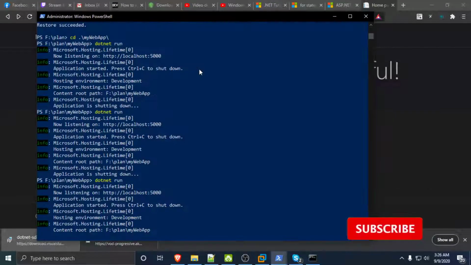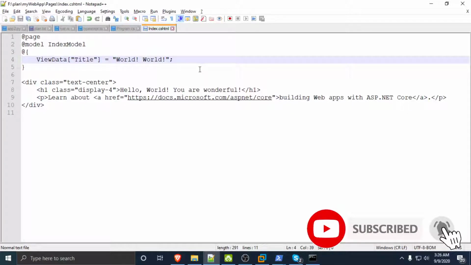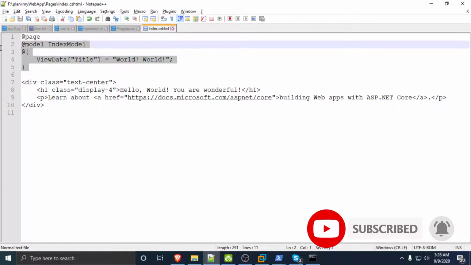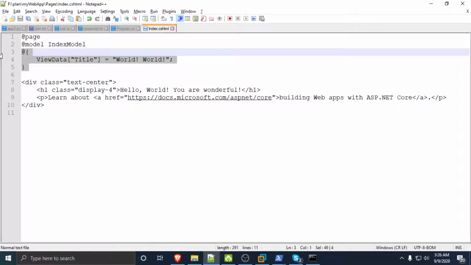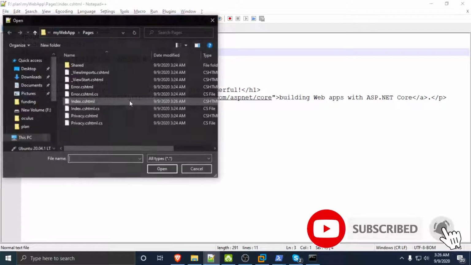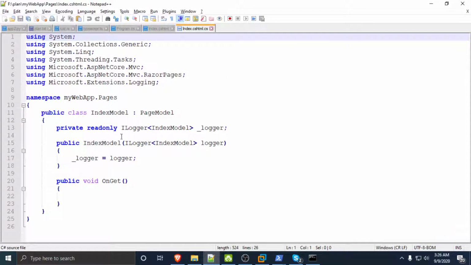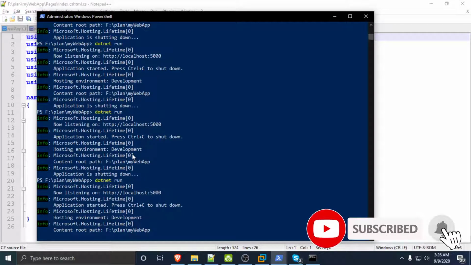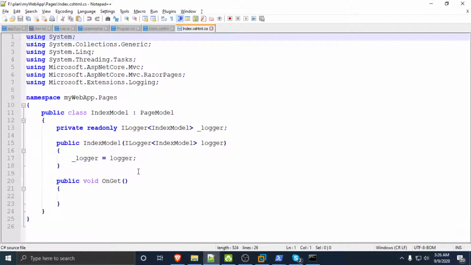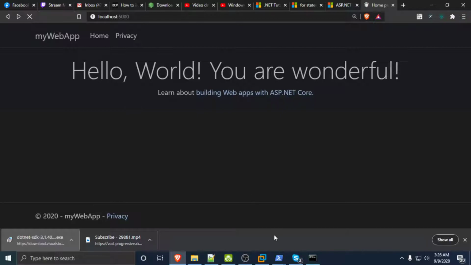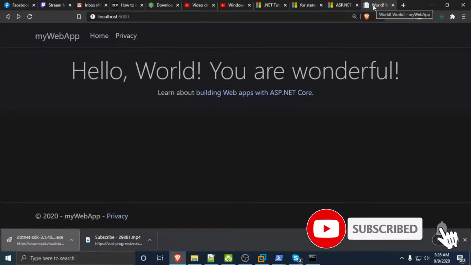The title and the metadata is in this object here. And I wonder what the index model is. Index.chtml. It's probably the CS file. It's not doing too much, it's just logging stuff. It's not even logging anything. That model's kind of useless, but we changed the title to world. And that, my friends, is how to hello world in